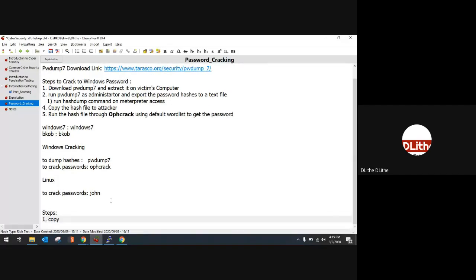First, copy the /etc/passwd file and the /etc/shadow file to some temporary directory, so that you do not harm the actual files. Then merge both files into a single file.